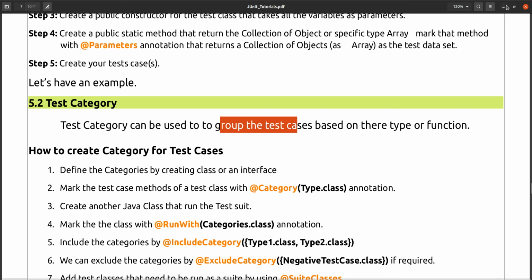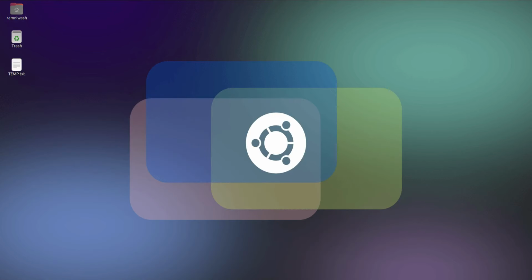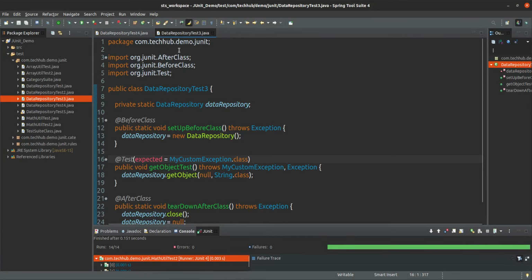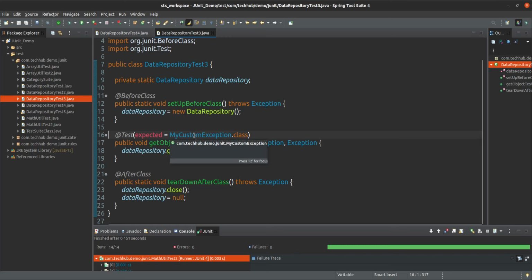So suppose you see this test case that we have written in the previous test cases, the data repository test case 3. Here, if you see, this is our test case. So what type of test case is it?